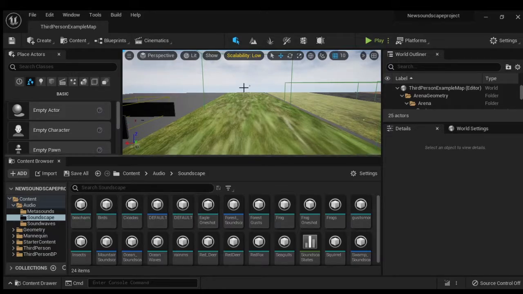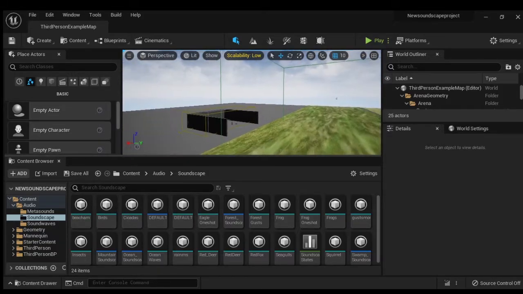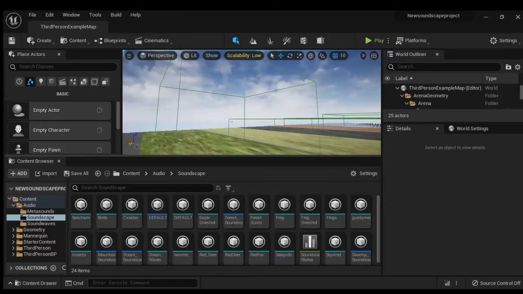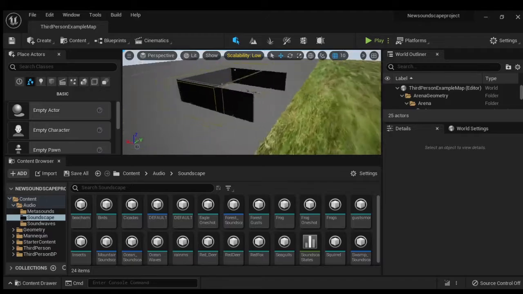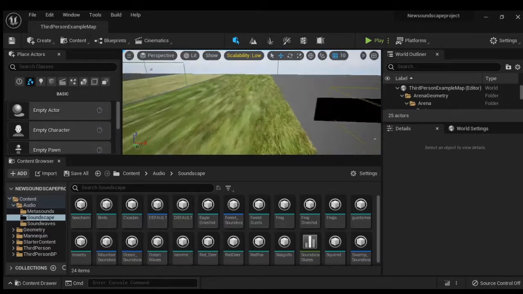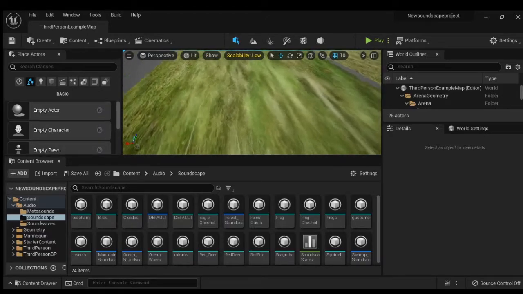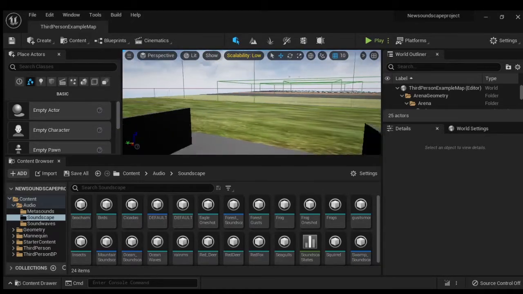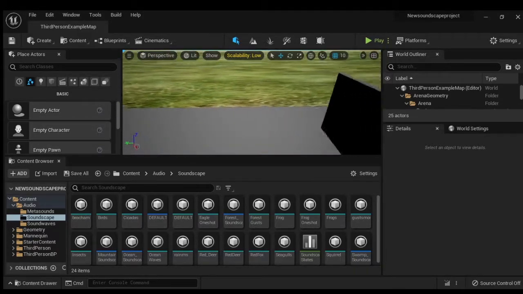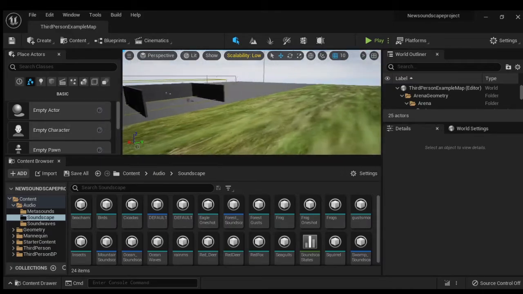For example, a mid-side recording will have a better translation going from stereo to mono, and vice versa, because the recording was made capturing the left and right sides and the middle side of the